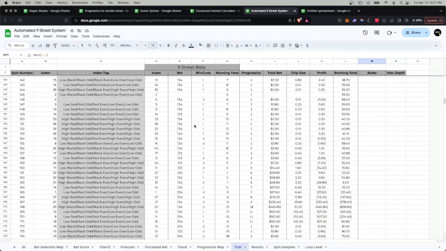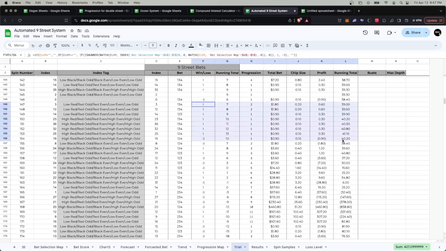164. So this seemed fine up to this point. We have a loss, followed by another loss, which is no big deal. 2 back-to-back wins, which brought us back to our high. So this is the problem I'm having with the sheet at the moment, is by rights, this bet here should be at our base level, a 90-cent bet, but it's staying at 360,